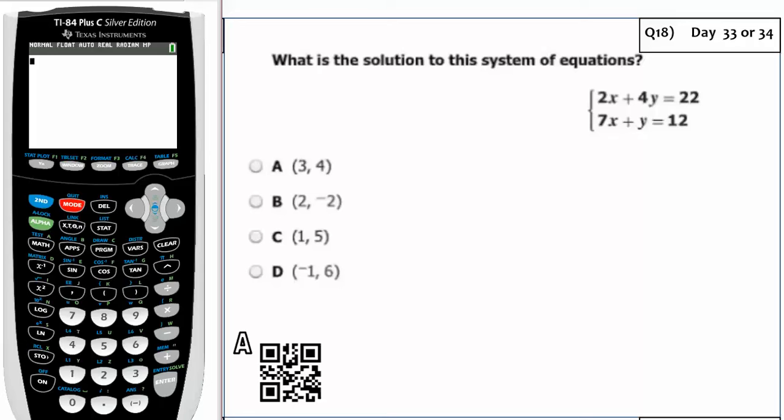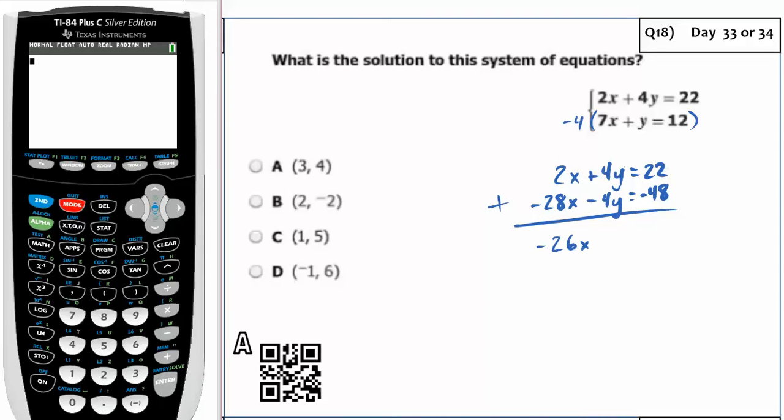Or what I would probably do is I'm going to take this whole thing, I'm going to multiply the whole thing by -4. So I'm going to get the original equation up top, 2x plus 4y is equivalent to 22, and then the bottom one, -28x minus 4y is equivalent to -48. And after I do that, I can combine everything. This is that linear combination. And when I do that, I end up with